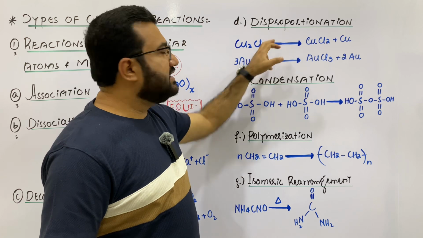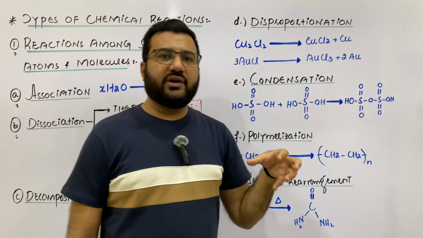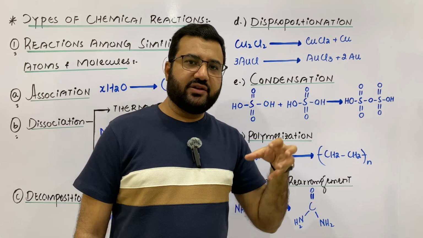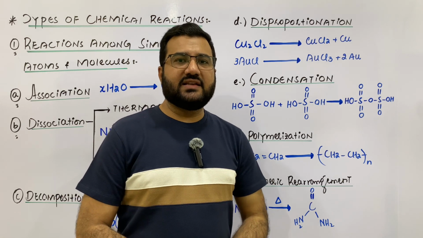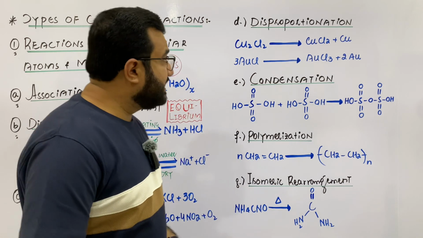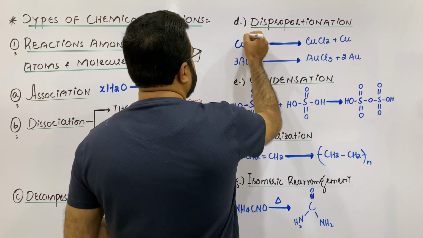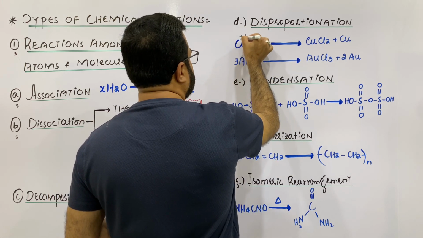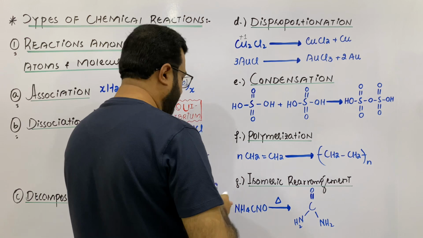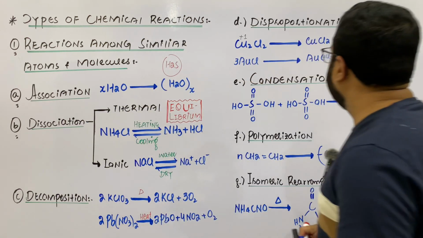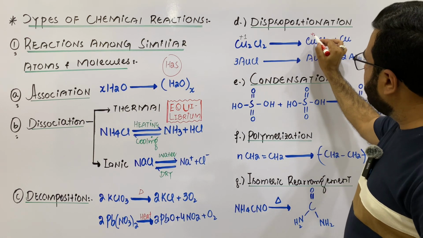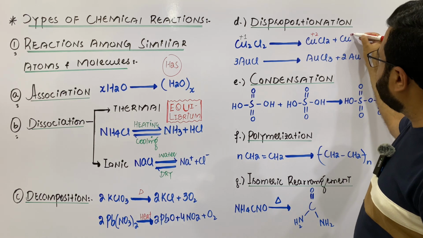These are the reactions in which a single compound is oxidized as well as reduced due to the variable valency of the metal present in it. Just like in case of cuprous chloride, my dear students, the oxidation state of copper is +1. But when it will be changed to cupric chloride, its oxidation state will be +2, and in free state the oxidation